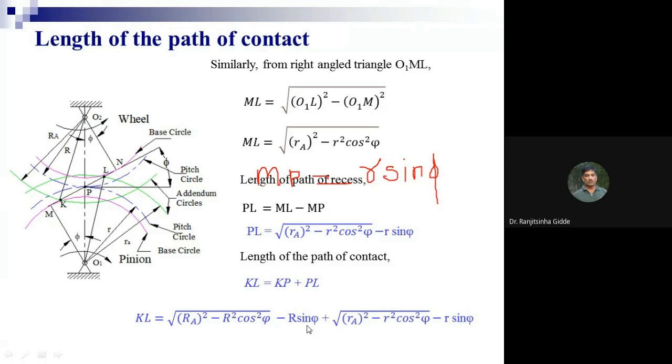Now just rearranging the terms. Why it is required? So this may be asked in MCQ. No numerical treatment with respect to this part A of chapter number 5, unit number 5. So you should have proper idea regarding the expressions. Okay. Then you can write KL is equal to, this is another form, just rearranging the terms, taking common. So sin phi common. This minus sign is common. So therefore minus r plus r sine phi.